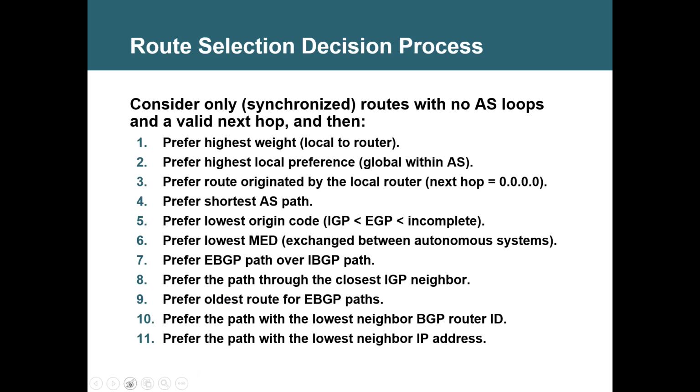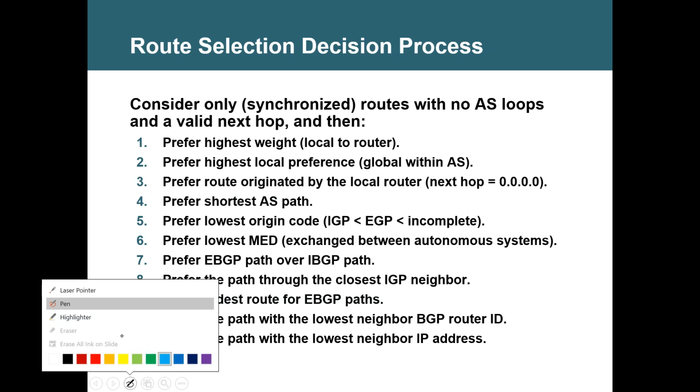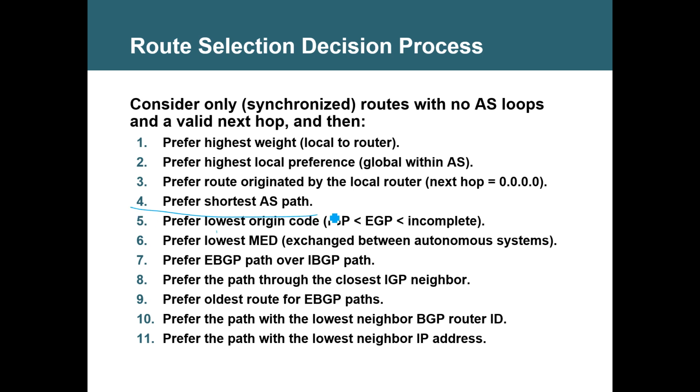See, again, you need to understand, it will decide based on attribute 4 only if there is a tie in the above. If you would have set local preference, it will not come here. It won't check. Only if there is a tie, it goes to the next and goes till there is a tiebreaker.